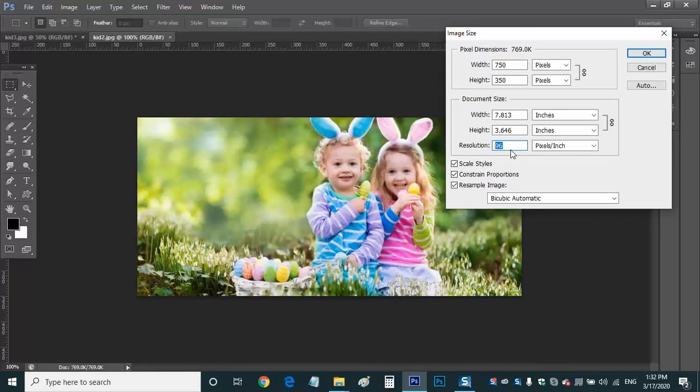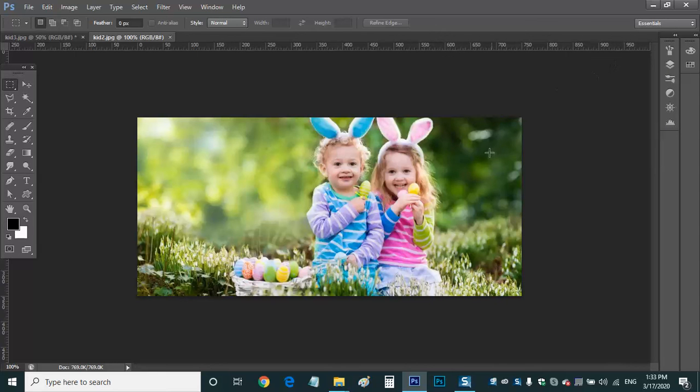That means again it is not suitable for print media. As I said, for print media the minimum resolution should be 300. For online media it should be around 72. So it is suitable for online media only, not for print media. And you can see it is 750 pixels by 350 pixels. If you want to change the size, you can change the dimensions. Okay, so that is how Image Size will be useful here.